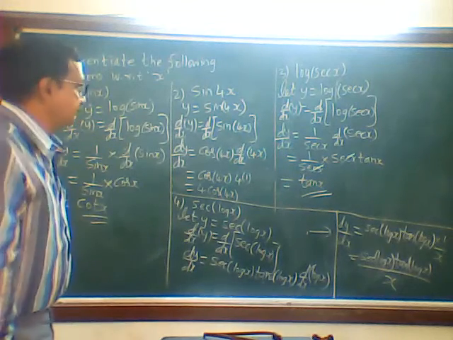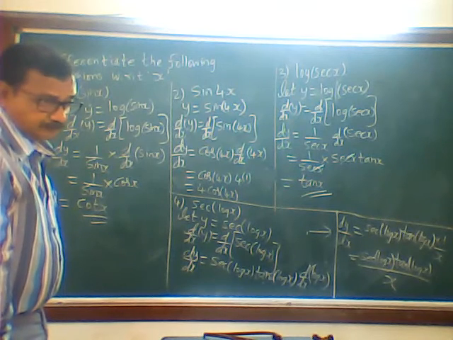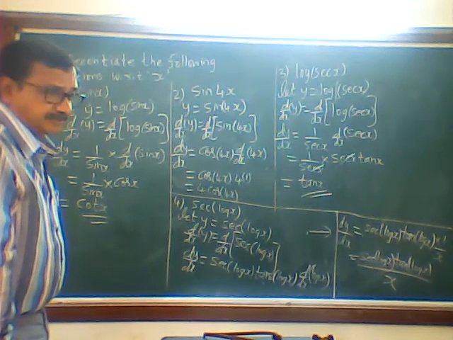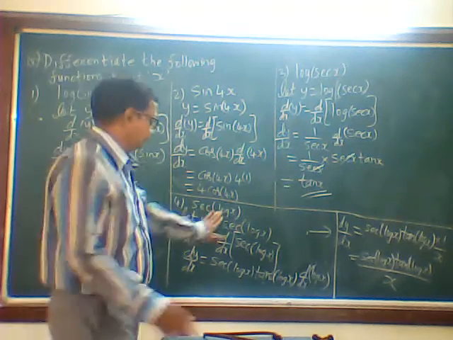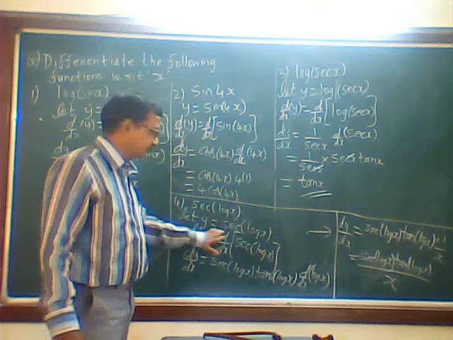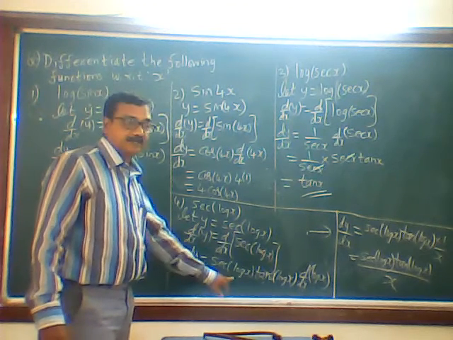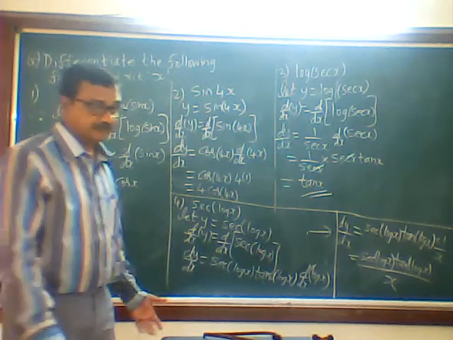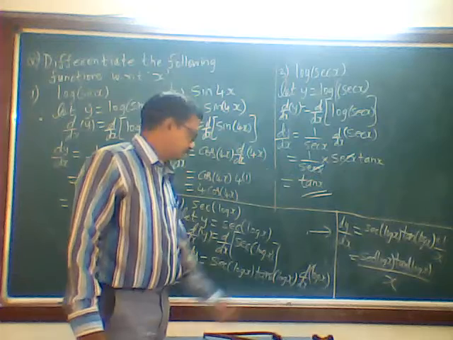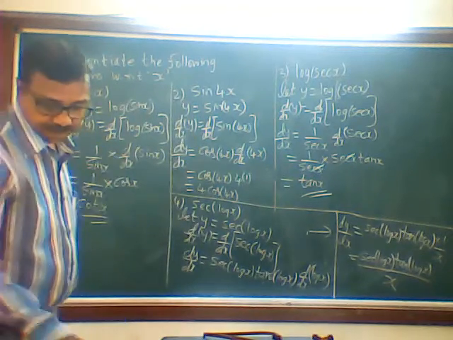What is the difference between the third problem and fourth? Okay. So whatever I am telling you, listen there first. Then you can do it. You have to assume that as x, you will automatically get the sec x formula, sec x tan x. But while writing here, I am writing sec of log x into tan of log x. Because in place of x, log x is there. Then again d by dx of log x. Okay. Next.